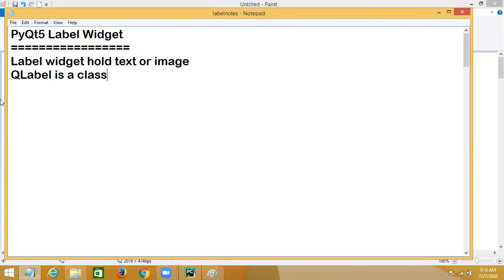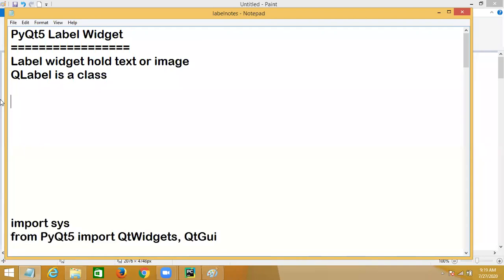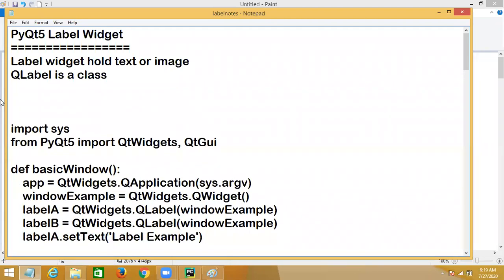Using this QLabel, you can represent a label. Now I've just written one simple example of this QLabel.